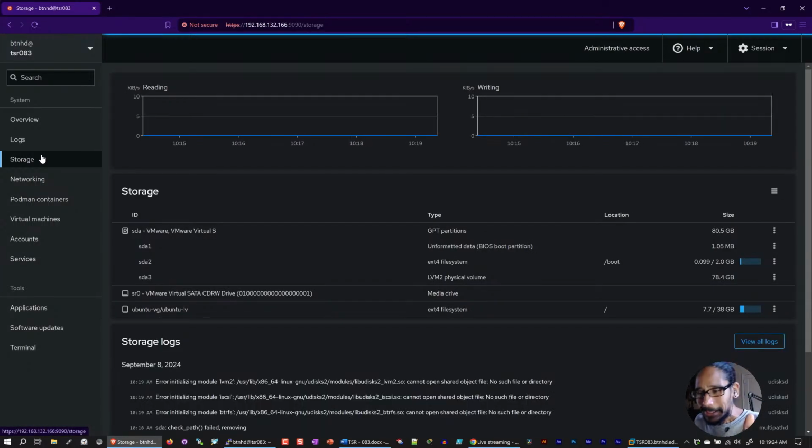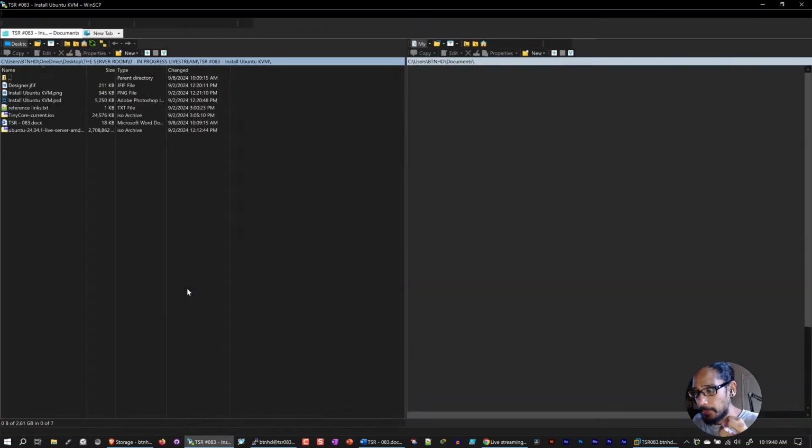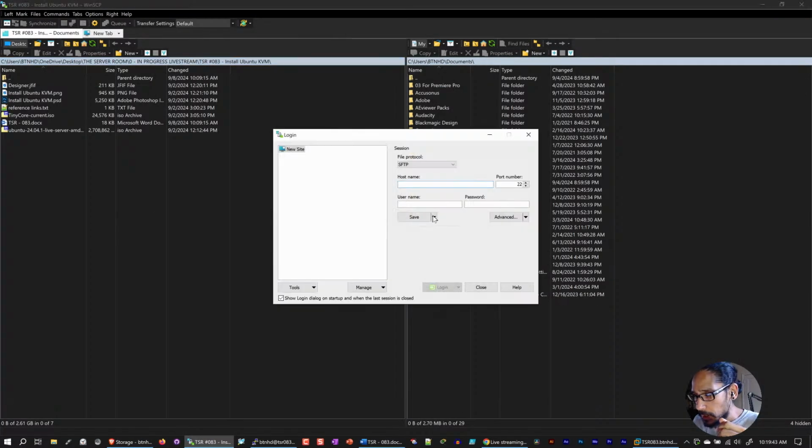Technically we're done. But let's load an ISO image, a super small image for now. I'm going to use WinSCP and beautiful. I am going to put the IP address 192.168.132.166, port 22. Again, you guys are able to change the port, go in there and change it,